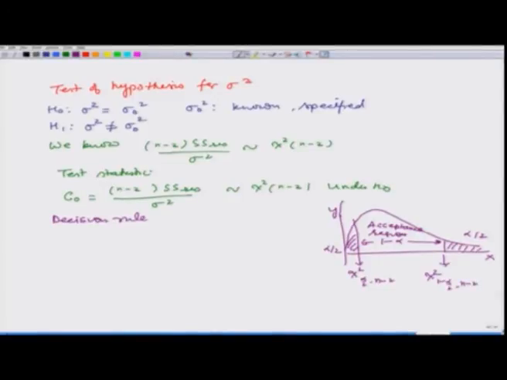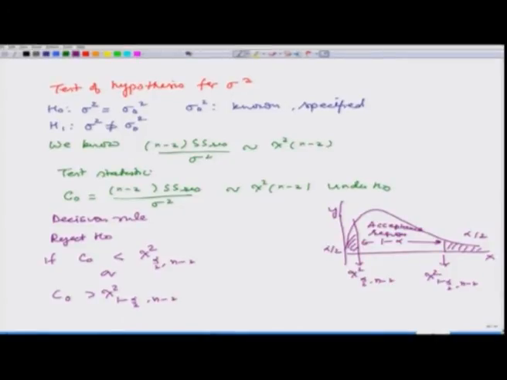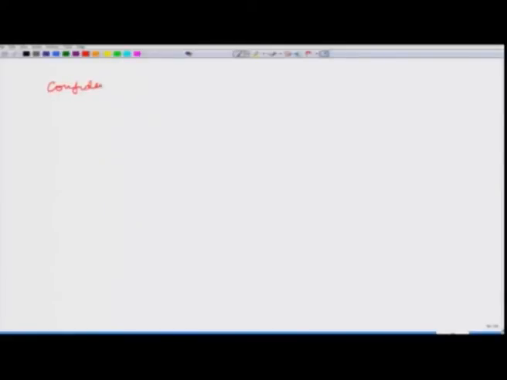So, we can see here that in this case we reject the null hypothesis H naught if C naught is less than chi-square alpha by 2, n minus 2, or C naught is greater than chi-square 1 minus alpha by 2, n minus 2. So, this will help us in testing the hypothesis about the sigma square. Now, we can also construct the confidence interval for sigma square. So, now we consider the confidence interval